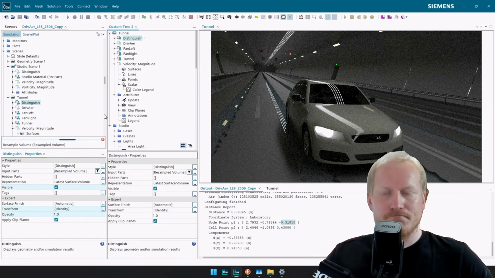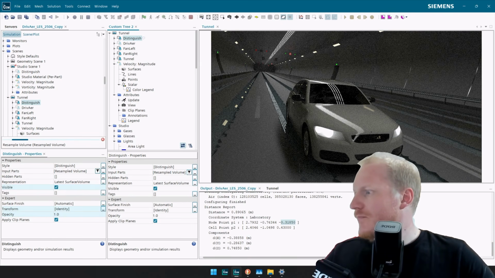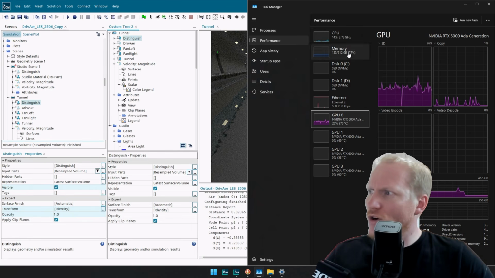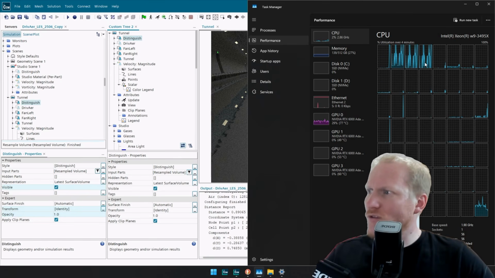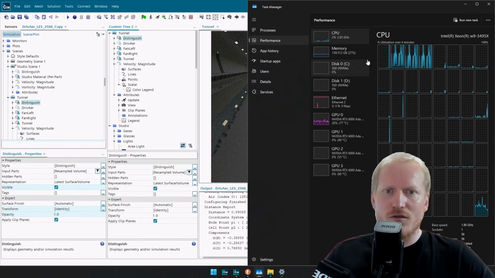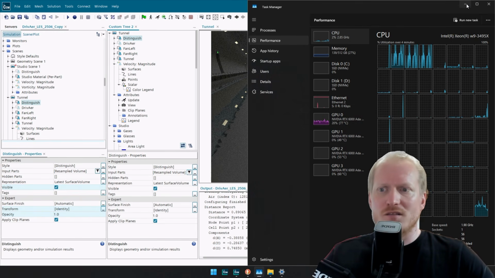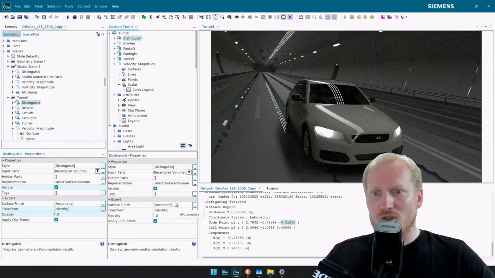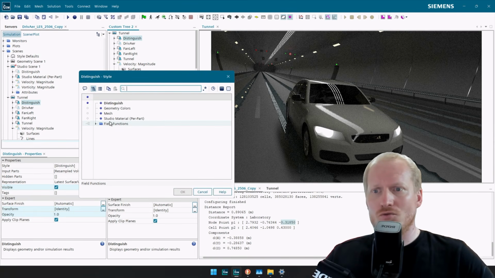Spooling it up. The issue is that I opened up the simulation on GPU, meaning that only 4 CPUs work on this. So it's working on 4 GPUs and on 4 CPUs. And that means all the resampling has to be done by 4 CPUs right now. But we have it here. So this distinguished resampled volume actually delivers nothing. So we switch to